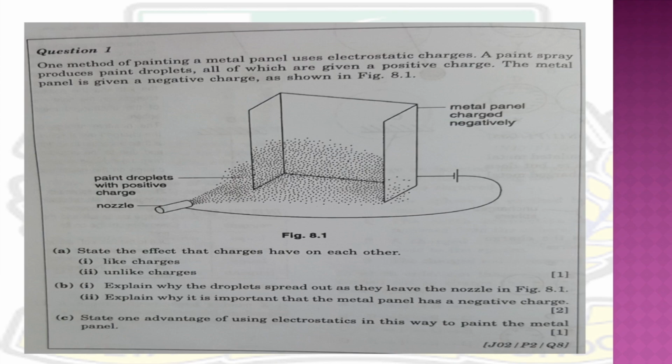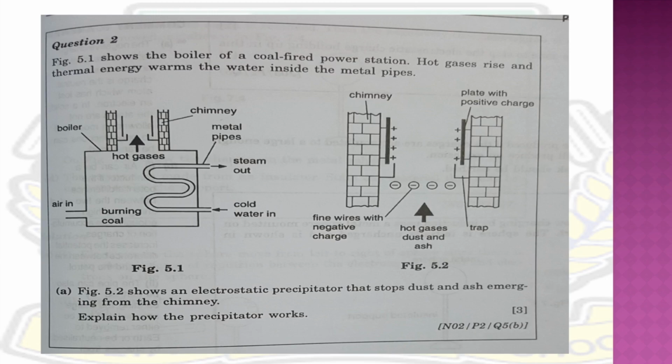While in C part, you have to state one advantage of using electrostatics in this way to paint the metal panel. So you have to solve this question, and after solving you have to see another question here. Figure 5.1 shows you the boiler of a coal-fired power station. Hot gases rise and thermal energy warms the water inside the metal pipes. In figure 5.2, you have to show an electrostatic precipitator that stops dust and ash emerging from the chimney. So you have to explain how the